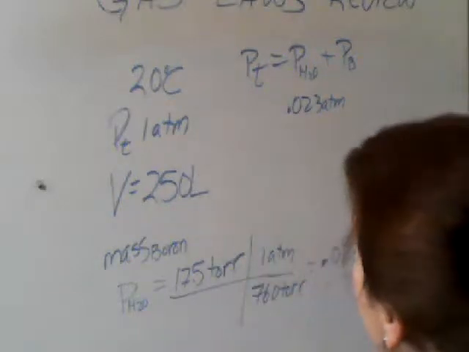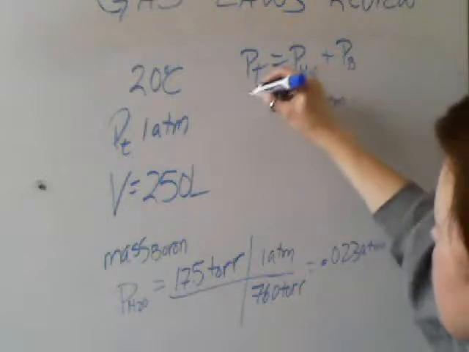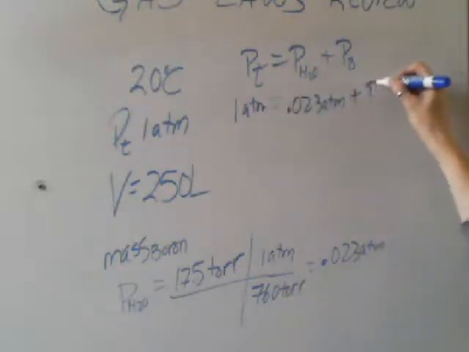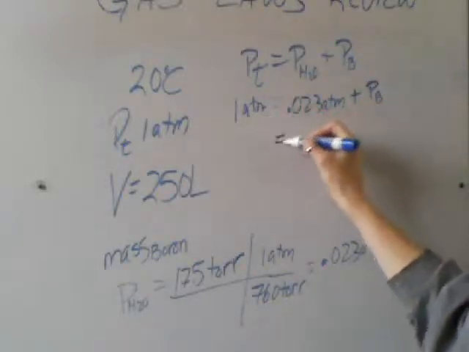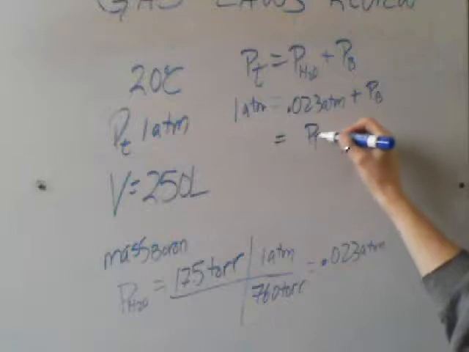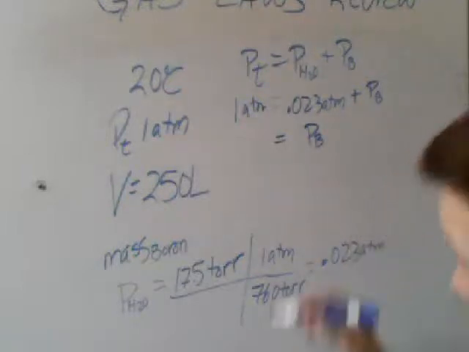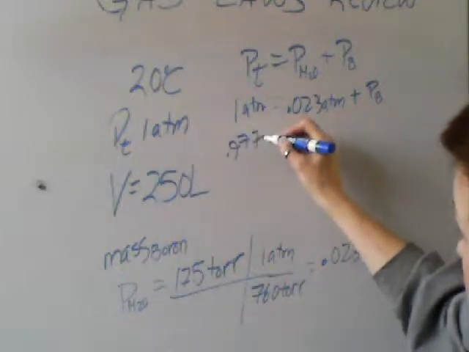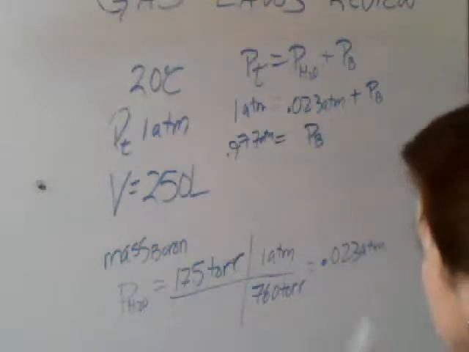We know that 1 atmosphere is the total pressure, and so we can solve for boron by substituting that. So the pressure of boron is going to be equal to 0.977 atmospheres. Then we can use our PV equals nRT